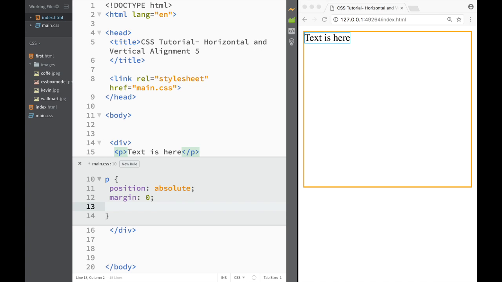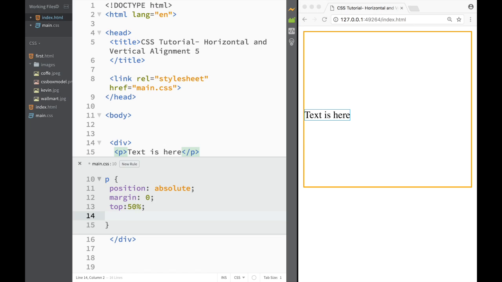So what we need to do over here is say that we want a top, and we want the top to be like 50%. You can see right away how it goes all the way to 50%. The next thing we want to do is set it from the left, and we can do the same thing. We can set it to 50%. So you can see that now it is sitting 50% here and 50% here. However, we also need to